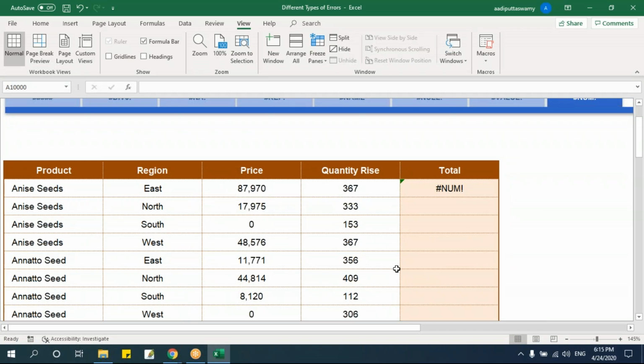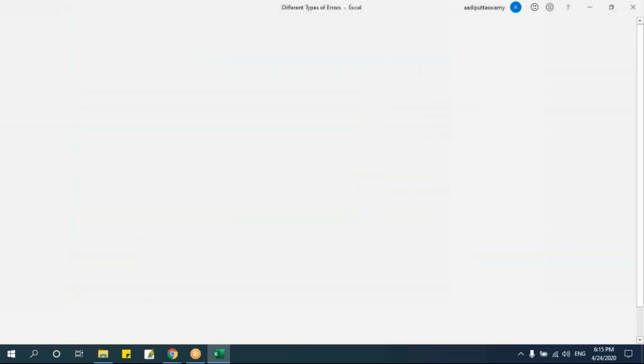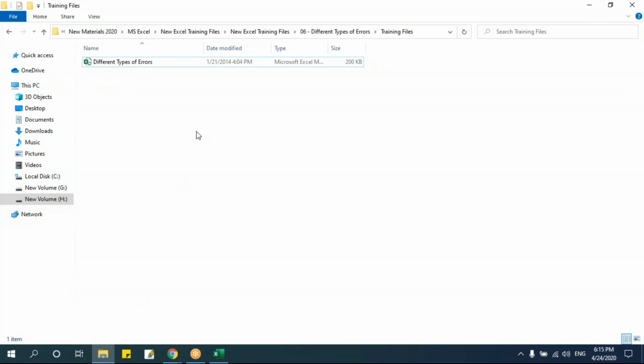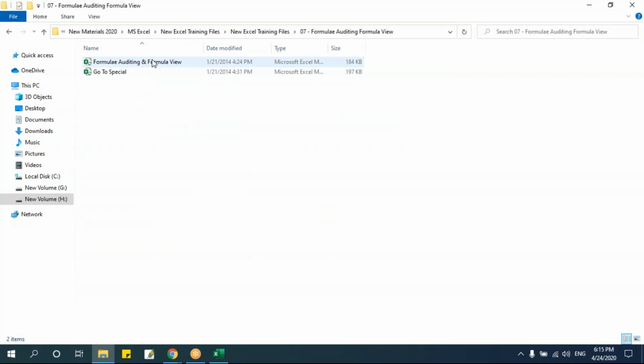So these are the errors what we have in Excel. So you just go through that. If you find any errors in your formula, just try to refer any of these errors, then easily you can rectify it. But how to rectify it, how to check that if there is an error, how to validate it, that I'll tell you in the next chapter, that is validating the formulas. Let's go and we'll see how to validate the formulas.